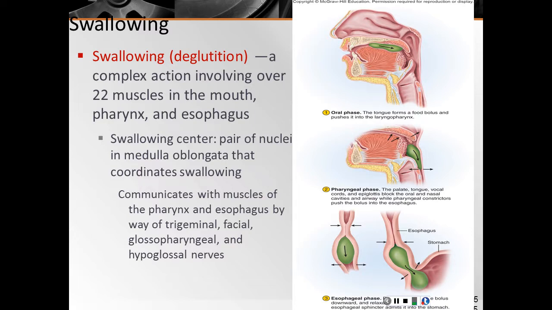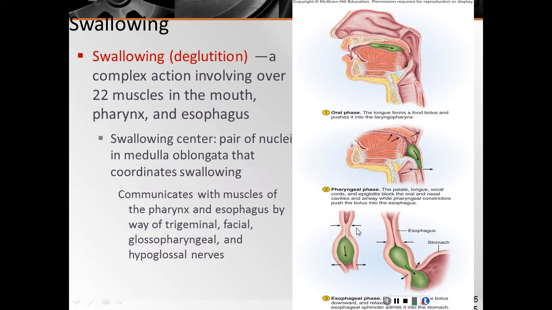Now, the esophageal motility is entirely involuntary, although the upper muscle is skeletal. This last phase, the esophageal phase, is moderated by a short reflex through the myenteric nerve plexus. Now the bolus stimulates these stretch receptors, which is what it needs in the esophagus, correct? Which is going to send signals to the